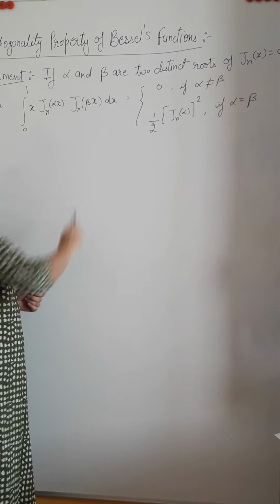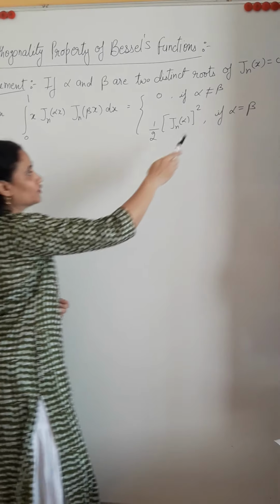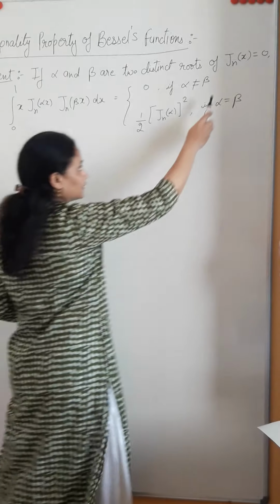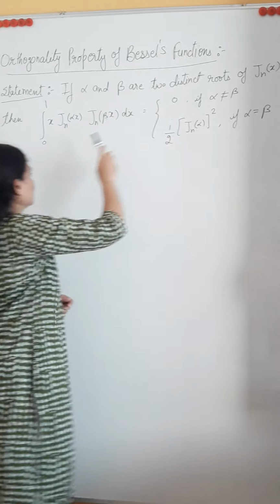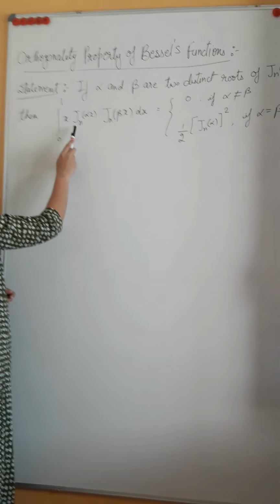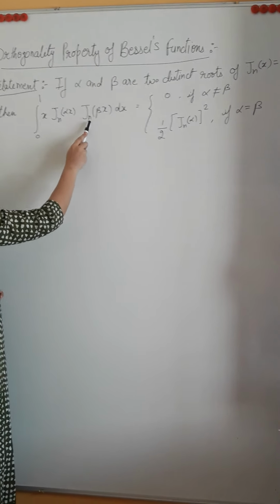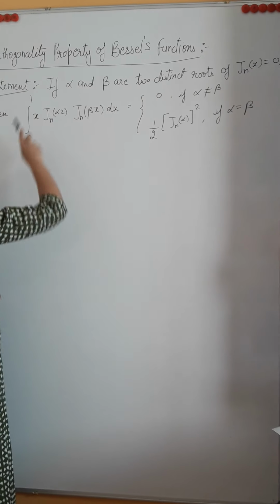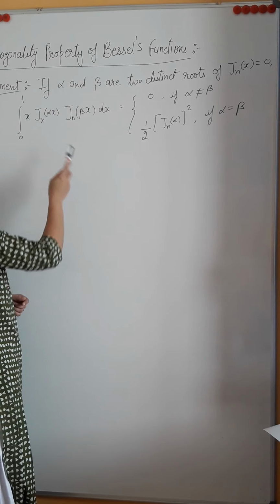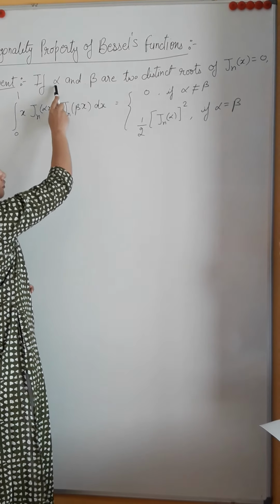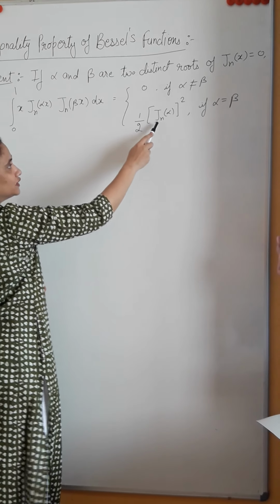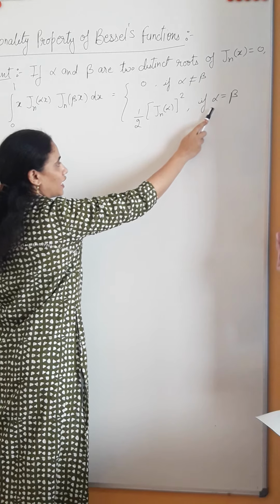alpha and beta are two distinct roots of Jn(x), what is Jn(x)? It is Bessel's function. Jn(x) equal to 0. Then the integration over x from 0 to 1 of x Jn(alpha x) Jn(beta x) dx becomes 0 if both values are not the same, that means these are distinct. If they are the same, then it becomes 1 by 2 Jn(alpha) whole square, if alpha is equal